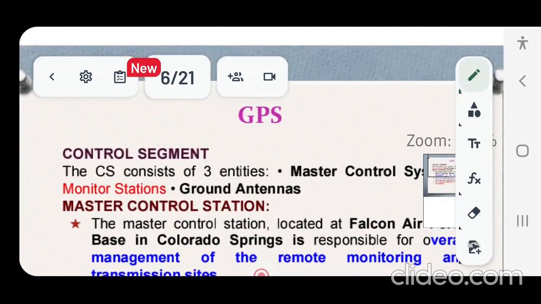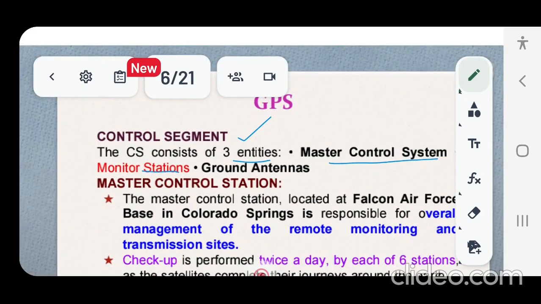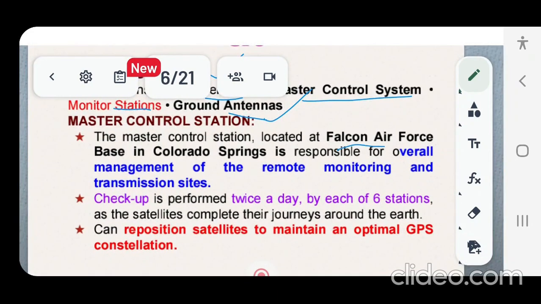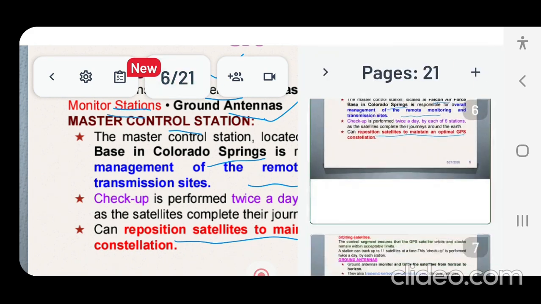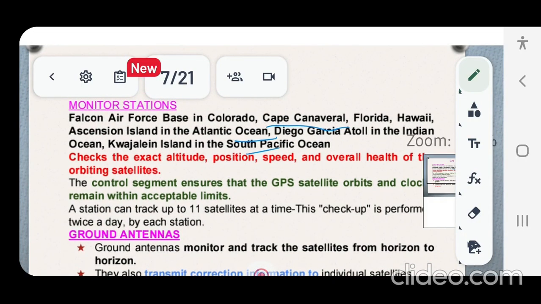Next comes your control segment. Control segment has 3 entities: master control station, monitor stations, and ground antennas. The master control station is located at Falcon Air Force Base in Colorado Springs, and it is responsible for overall management of the remote monitoring and transmission sites, and its basic use is to reposition satellites to maintain an optimal GPS constellation. Apart from this master control station, there are 5 monitor stations located in various places, and their work